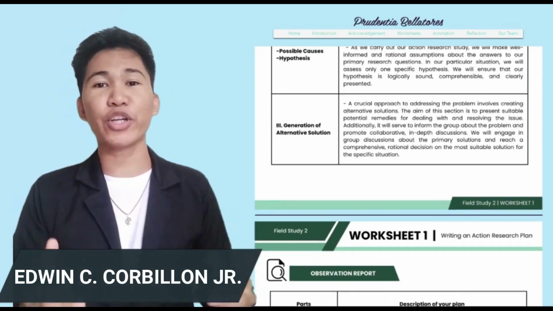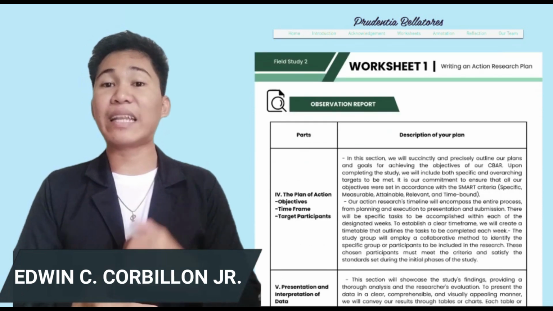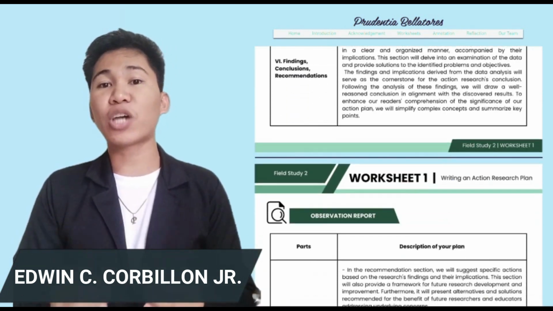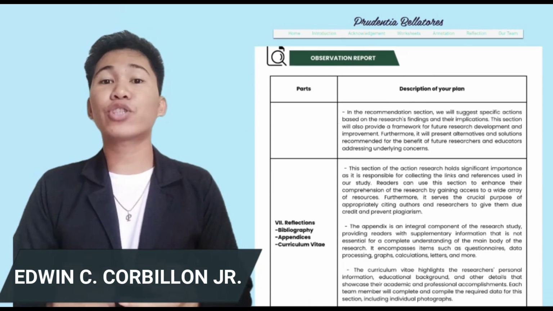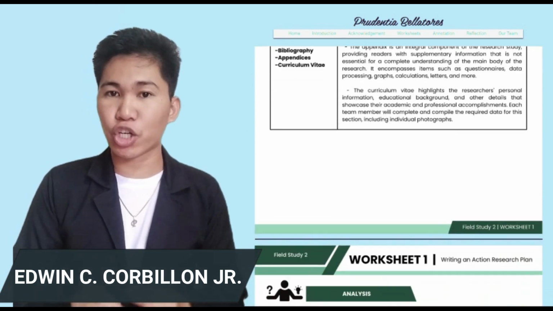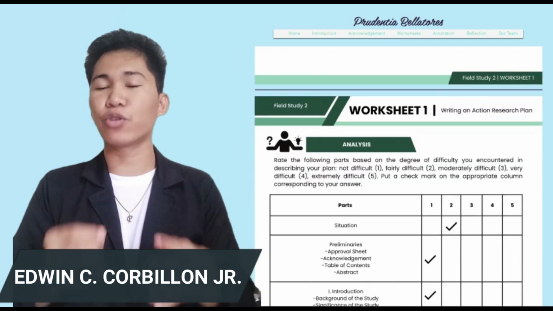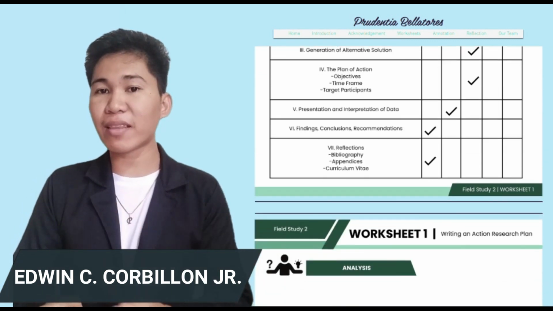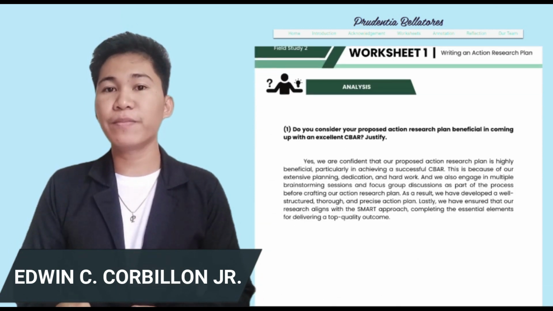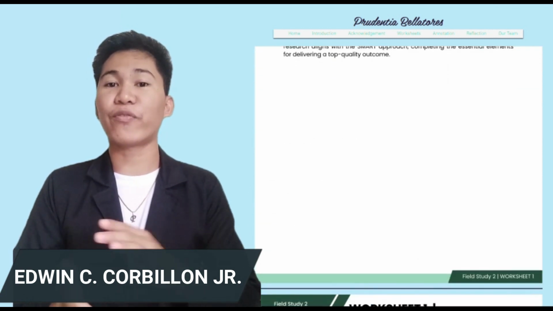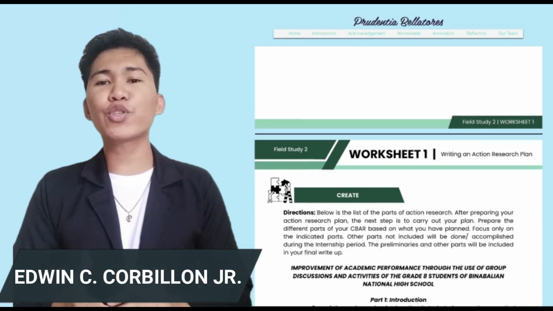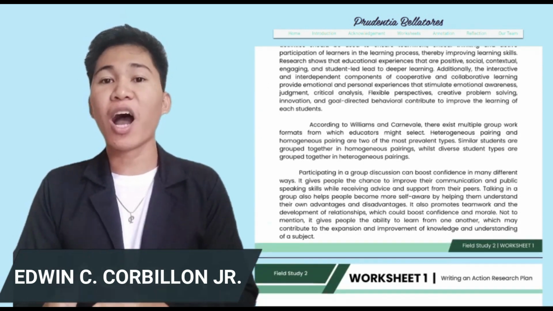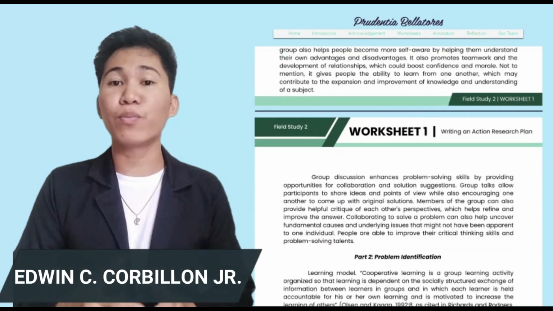On the observation part of our worksheet, we have identified and described the different parts of action research, such as the preliminaries, the introduction, problem identification, generation of alternative solution, plan of action, presentation and interpretation of data, finding, conclusion, and recommendation, and the reflection. We have also found out that the level of difficulty in describing each part ranges from not difficult to moderately